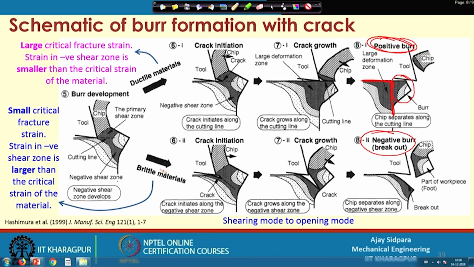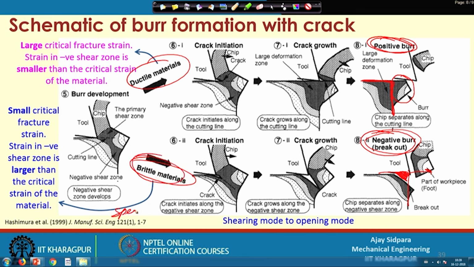But if you see this brittle material, this is what is required, but in this case this is the additional material, or the required material, which is removed with the surface. So, that is why it is called a negative burr, because something is missing from here, and that we have seen in the last class. Apart from the material properties, if you set a different process parameter like speed, feed